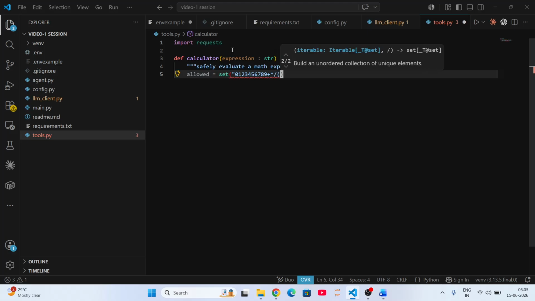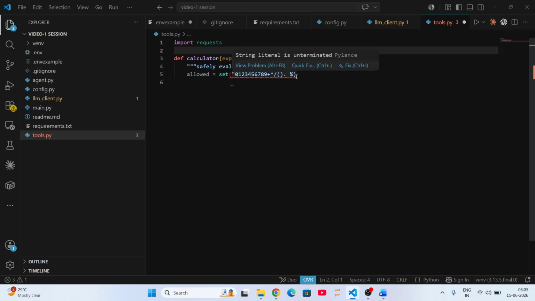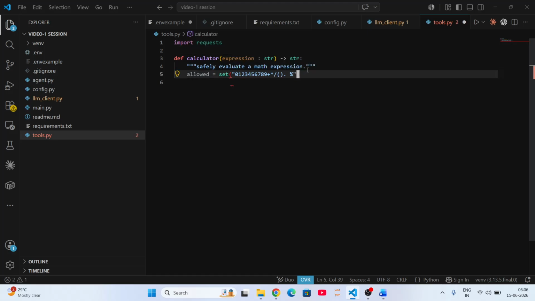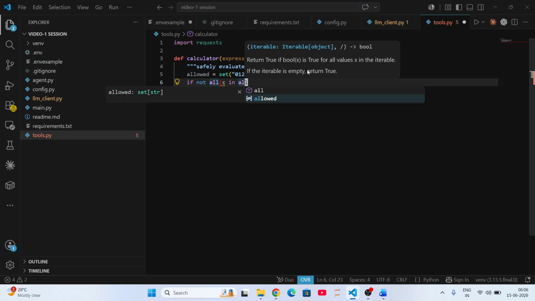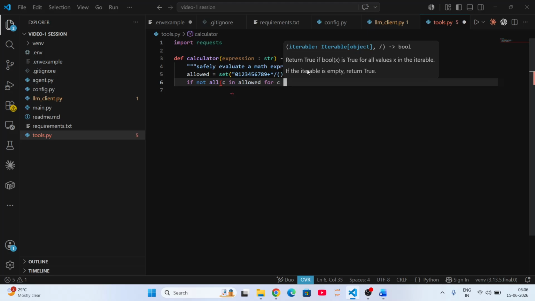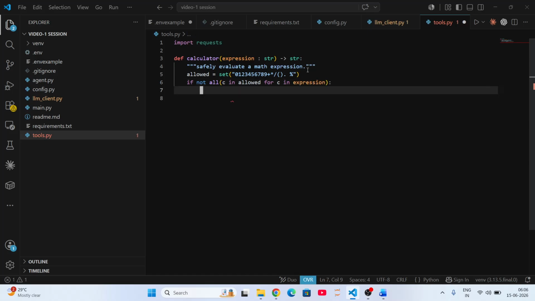It will look like a regex form, right? Regular expression, dot, percentage as well. Okay. I'm also going to close this parenthesis. Allows: if not all C in allow for C in expression, return